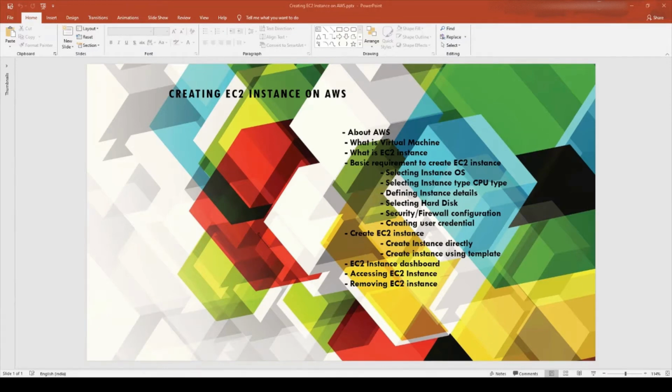Let's start understanding the things we need to create an EC2 instance. We need to decide what kind of OS we are going to install on it. That is the first one. The second one is what kind of CPU we want, either ARM or Intel architecture; you should select one. Third are various other attributes which an EC2 instance requires. Obviously, I will explain in detail.